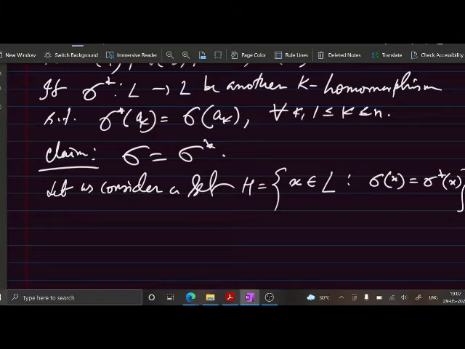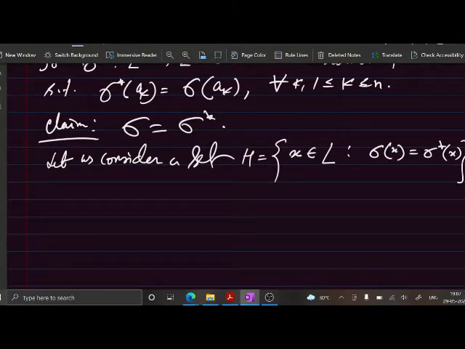So now check that this H is a subfield of L,